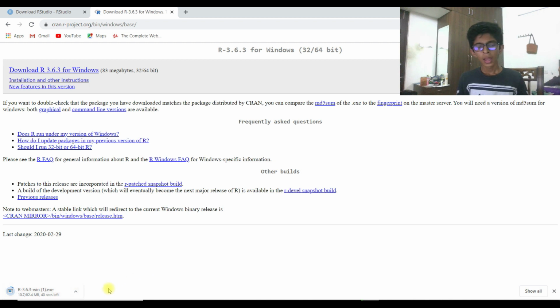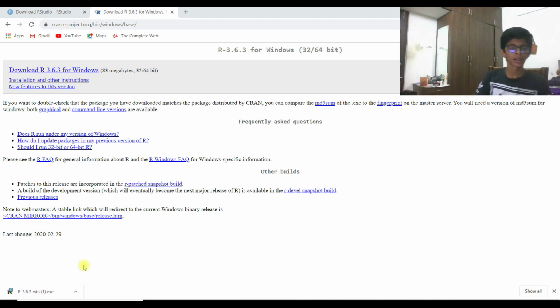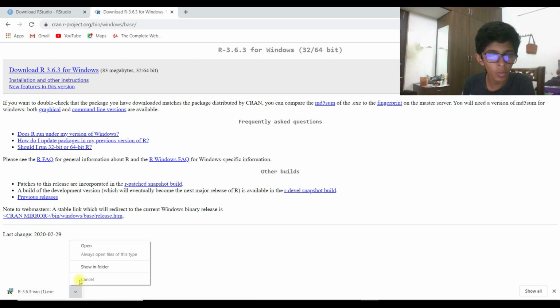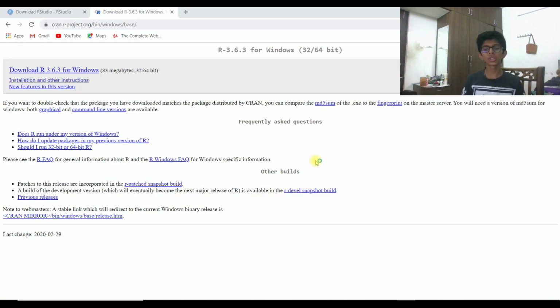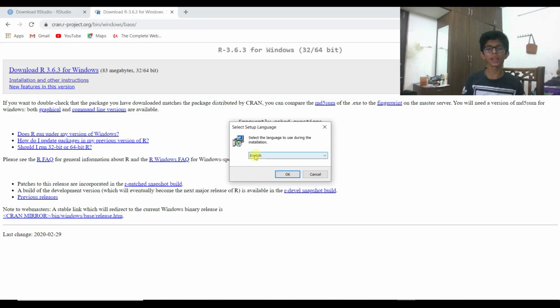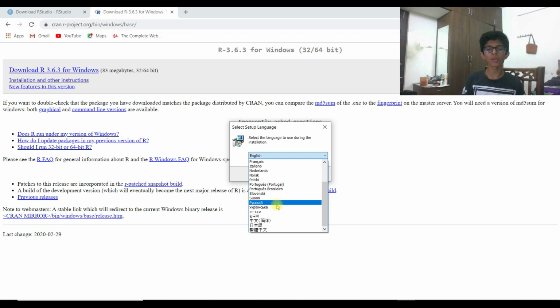After that, we install R, and here I give open. It will ask you for some permissions, and you should give yes to all. There are many languages and you can choose whatever language you want.